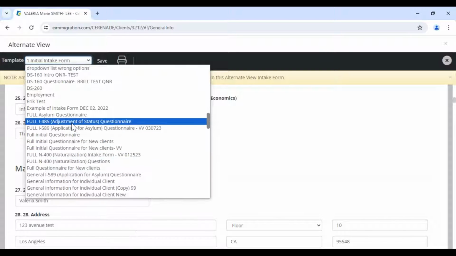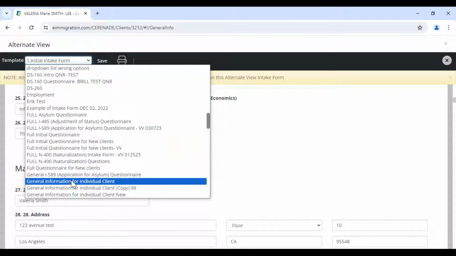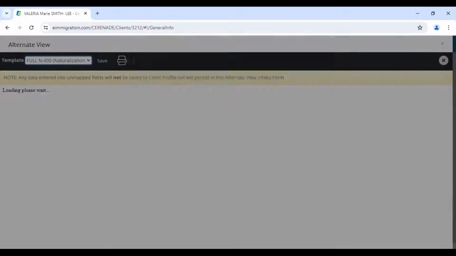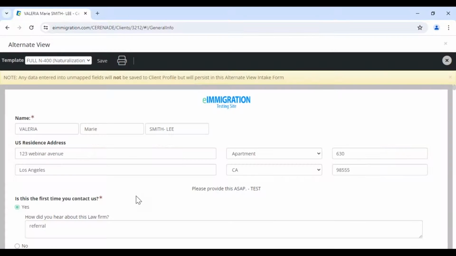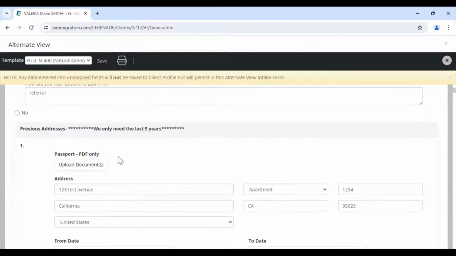For example, well, now we have the basic info. Let's talk about specific information for the N400, for example, the background questions. And you can customize it so that you have specific instructions like we only need your last 5 years, or upload your passport PDF only. Again, I highly recommend that you look into the administrative portal to customize your own questionnaires